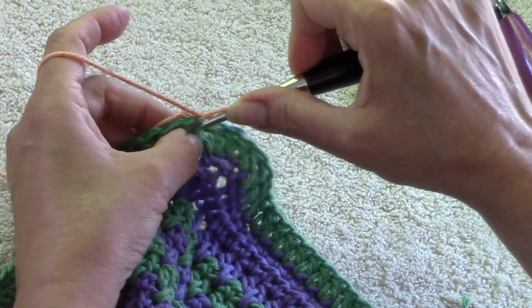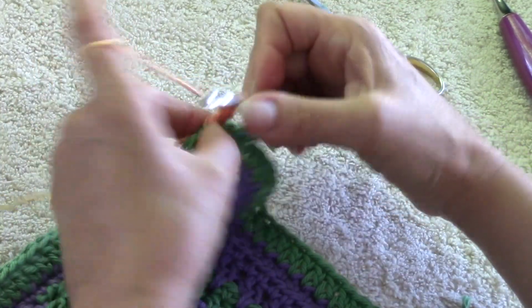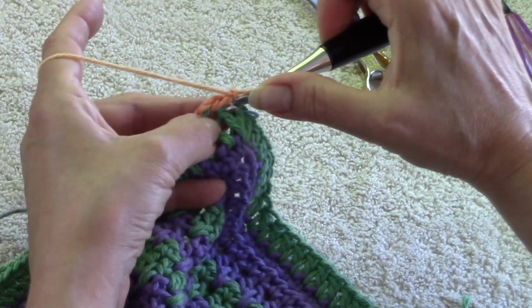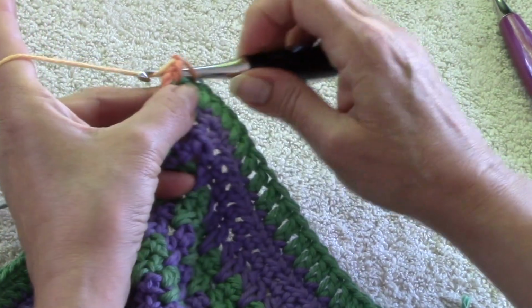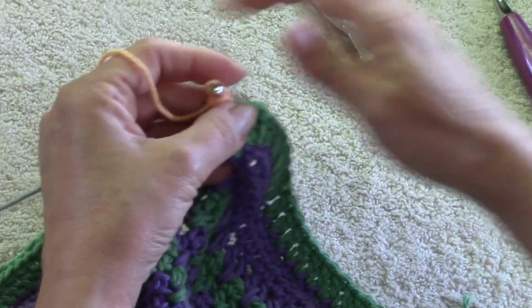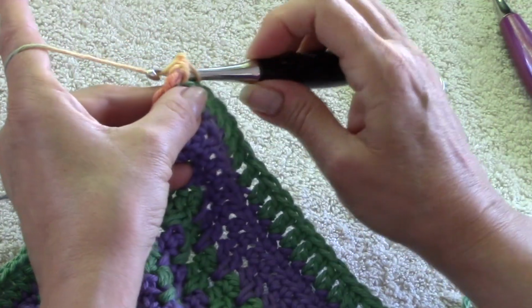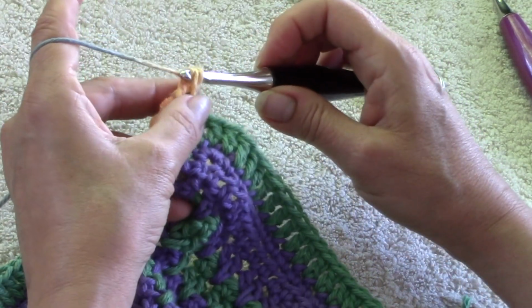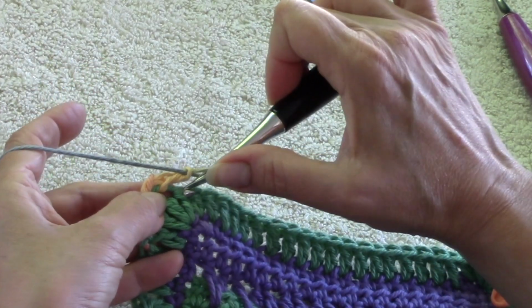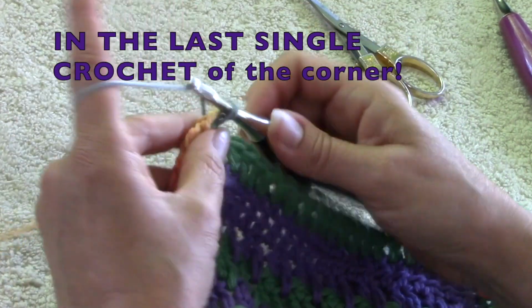Okay, so you're going to, in this very next stitch, work a reverse single crochet, and you just go in to both loops and work a single crochet. And now you're going to chain 1 and work a single crochet in the next stitch. Okay, now you can take out that center, chain 1, this is your center, and remember that, single crochet there, chain 1, and you're going to do the reverse single crochet in that last stitch of that group of 3